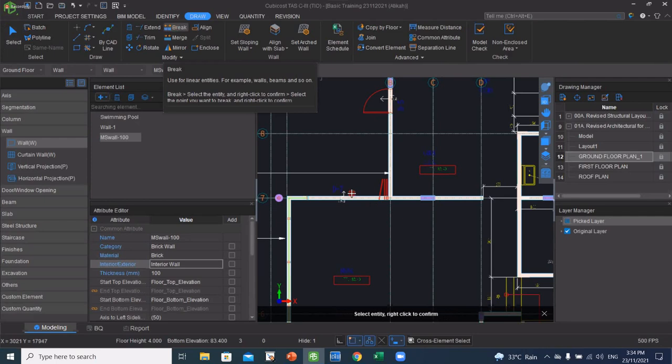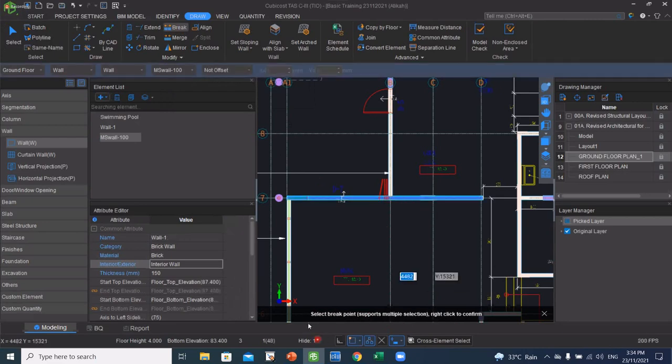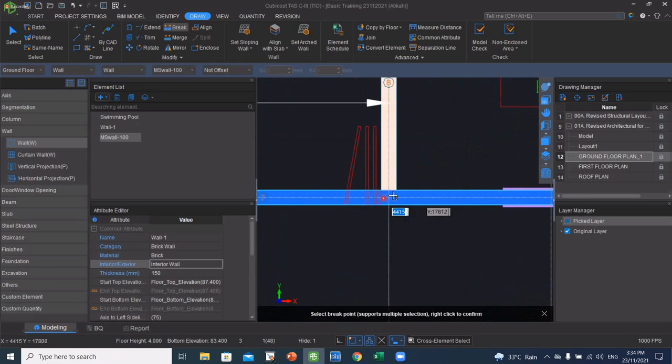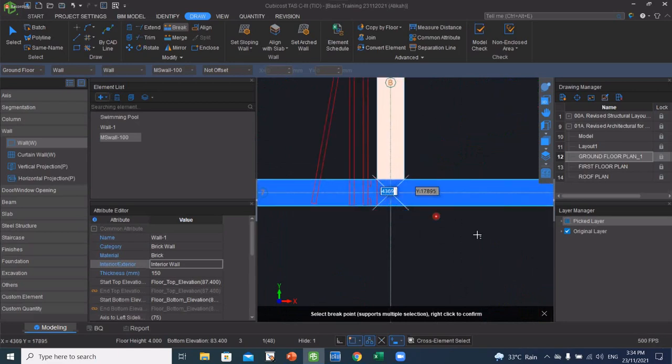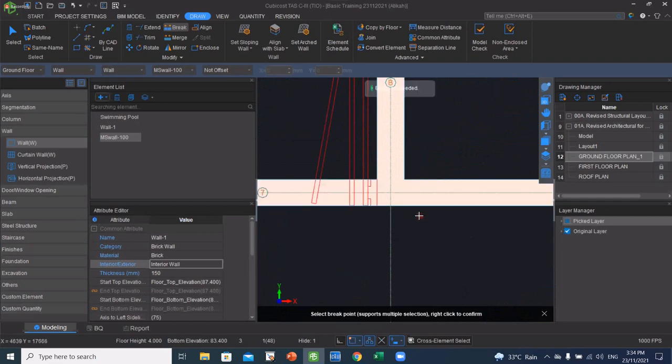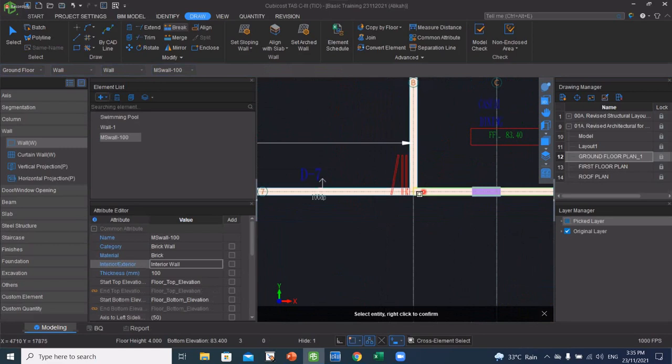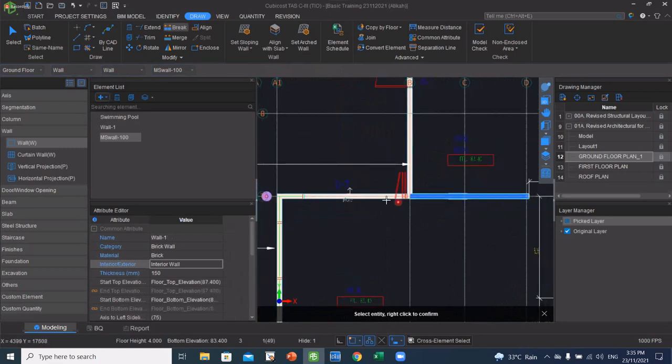All right, so once you click the break function here, you can see there is an instruction here: select entity and right click to confirm. So you just select your wall and then right click to confirm. And then the next instruction is select the breakpoint and right click to confirm. So here, we just need to select on the breakpoint here, all right? And then once you select the breakpoint, you can see the X here, and then you need to right click to confirm. All right, so once you already break your wall, you can see that currently we have two pieces